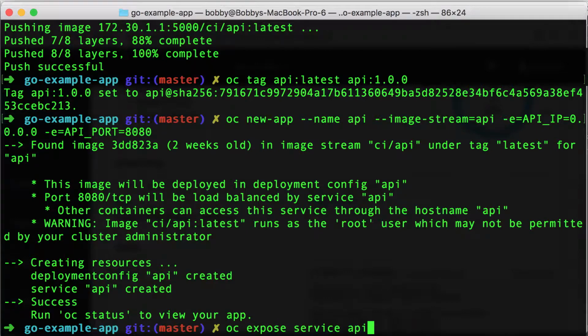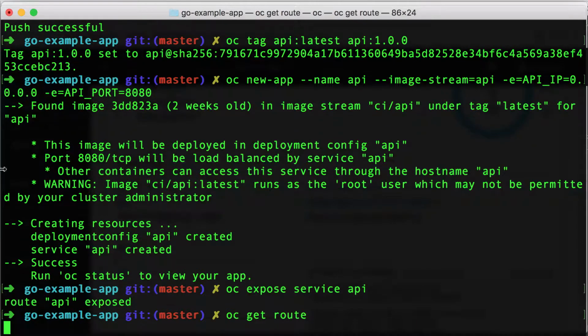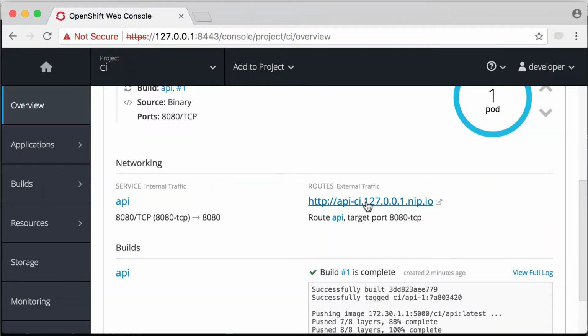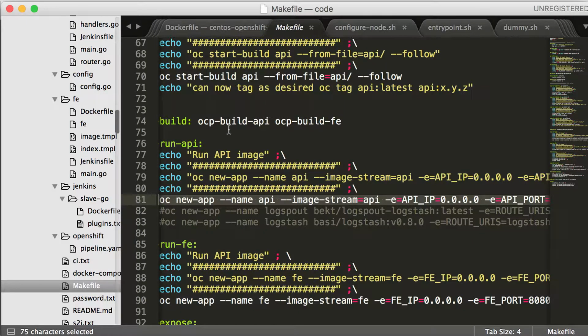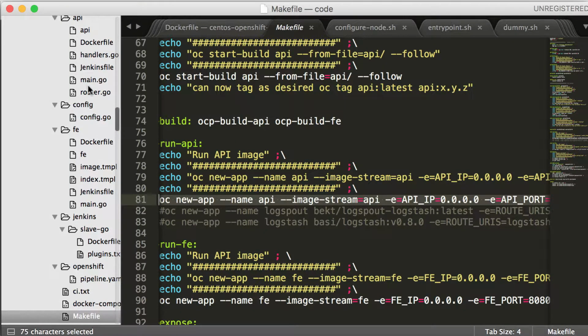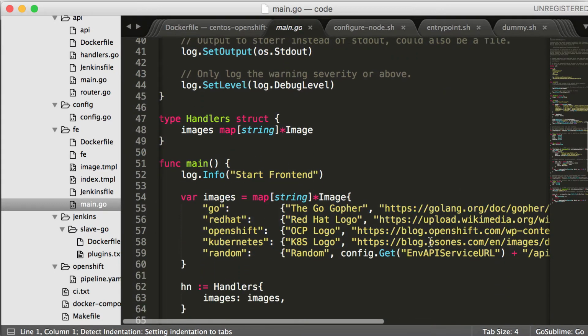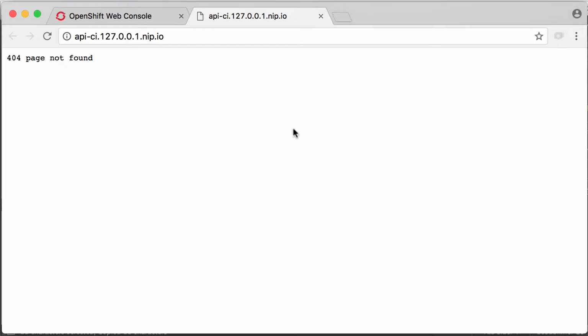service API. oc get route. I've got the URL, or I can come here and we've got it on here. Go to that. Now, we've set up a specific path for our API to return our image, which we would have seen when we looked at main.go in the front end, which was API v1 image. So if I take that and put that up here,